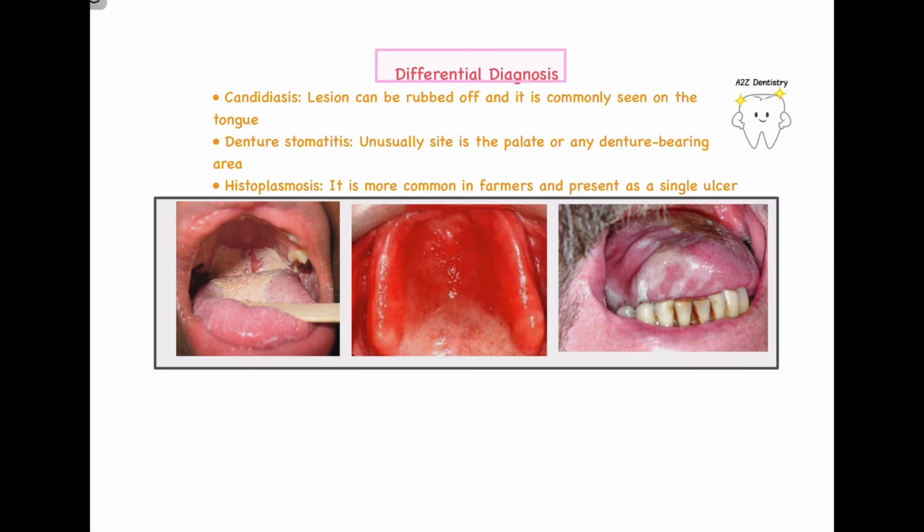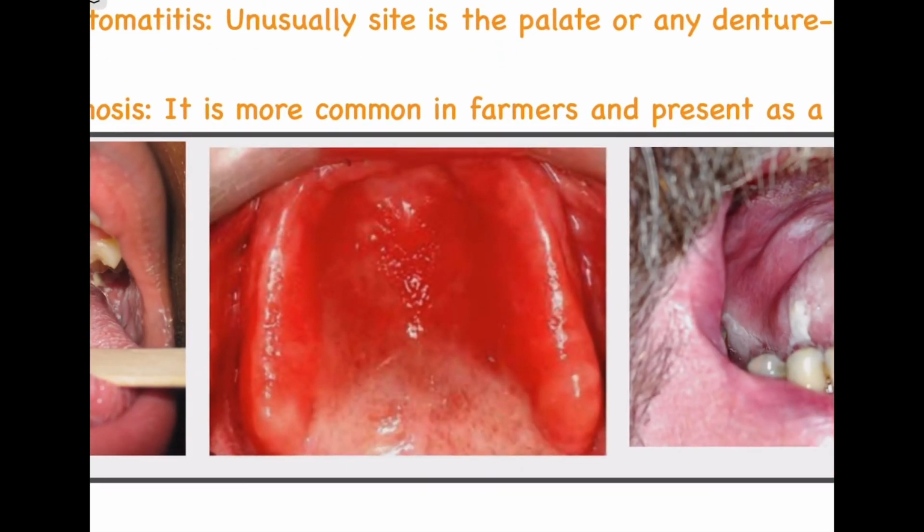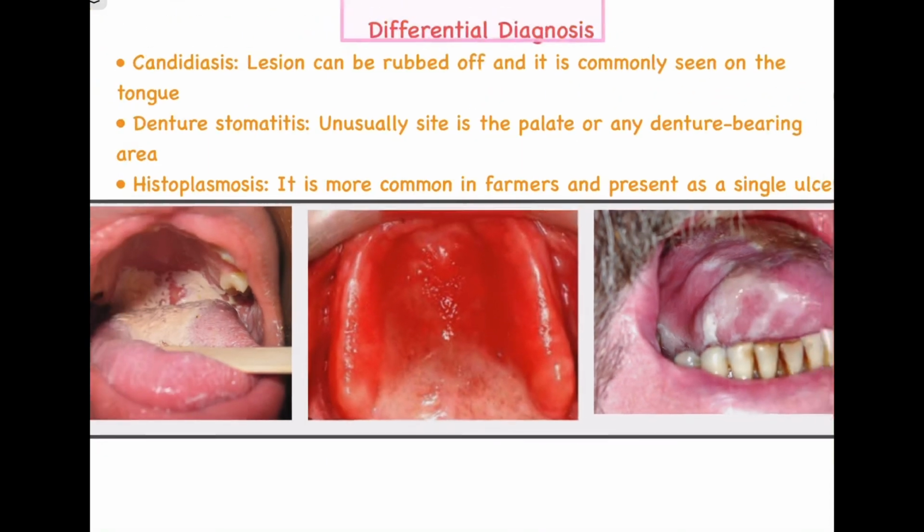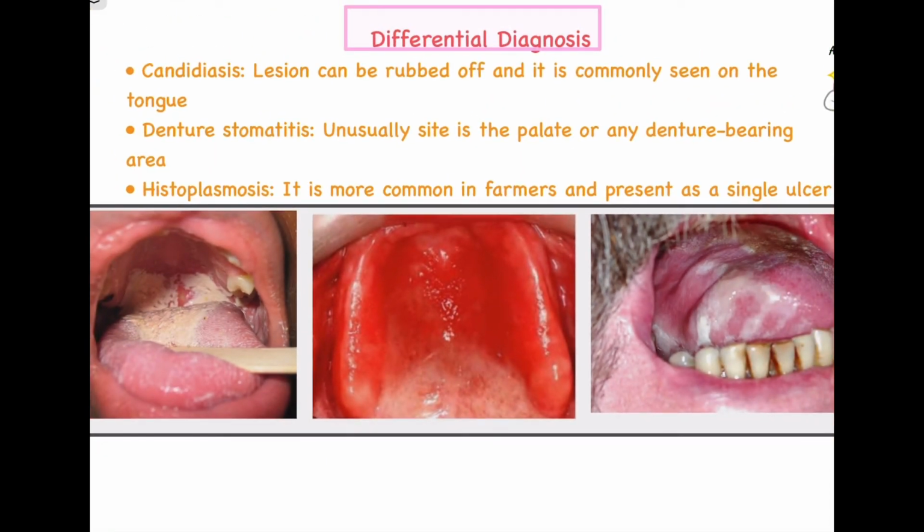Our second differential diagnosis is denture stomatitis. In the second picture, can you see here the whole erythematous area, right? But here you can differentiate based upon the edentulousness, based upon the area where the lesion is present. As we have discussed previously, the most common sites for erythroplakia to occur are the buccal vestibule, the ventral surface, as well as the lateral surface of the tongue, the vermilion border. But here the lesion is particularly restricted to the upper jaw. It is almost covering the whole of our maxillary arch, right? So this will go more in favor of denture stomatitis.